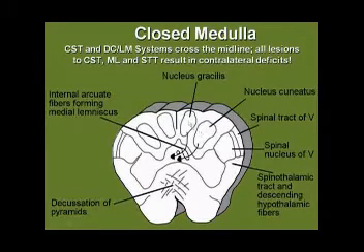Note that following the rule, the axons of neurons in those nuclei cross in the vicinity of their cell body, and as they cross, they form the so-called internal arcuate fibers, and once they cross over, they will form the medially positioned medial lemniscus. So that's a sensory decussation. And then again, ventrally, we see an illustration of the fibers that are crossing out of each